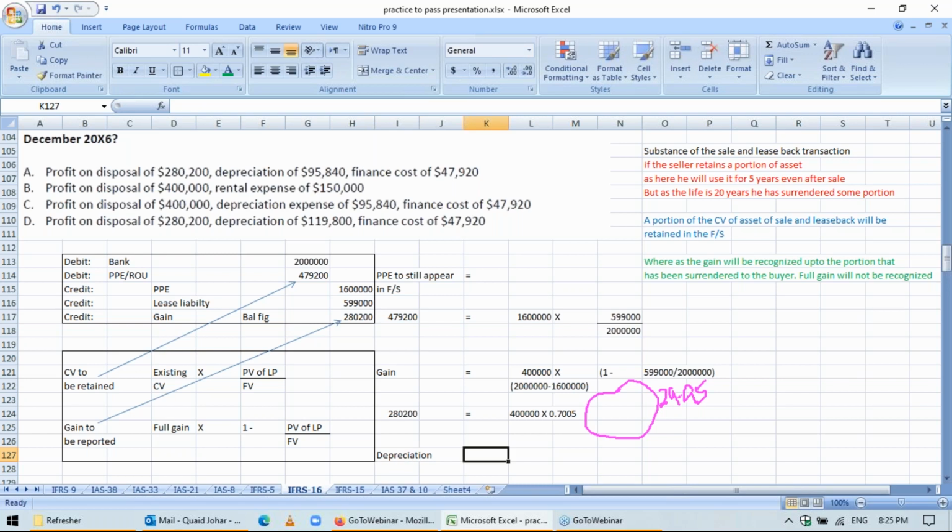So depreciation is equal to 479,200 divided by the life, which is 5 years. This gives you a depreciation of 479,200 divided by 5. This gives you a depreciation of 95,840, and further they are calculating a finance charge